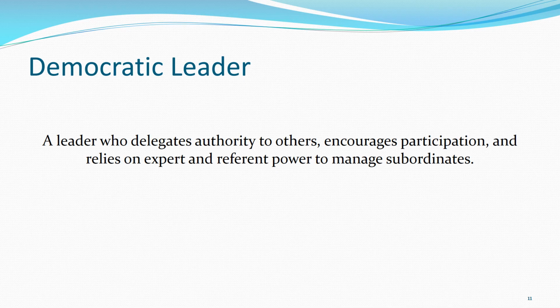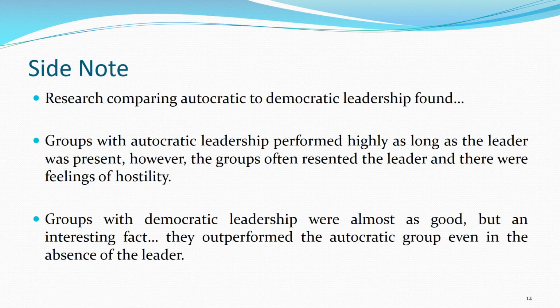So we have the autocratic leader who relies on their authority within the structure, their legitimate power, the ability to reward or the ability to punish. And then we have the democratic leader, who is more so leading on their expertise as well as the degree to which their human relations and interpersonal skills allow them to be effective in managing their subordinates.